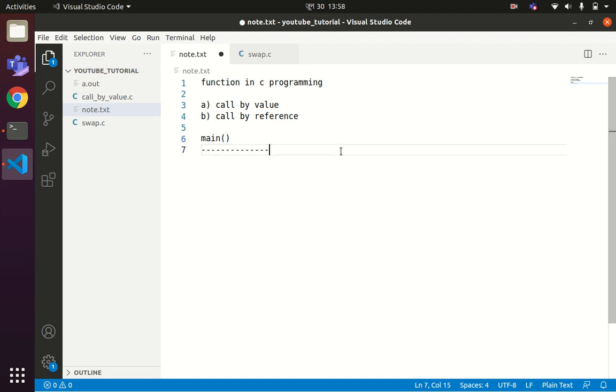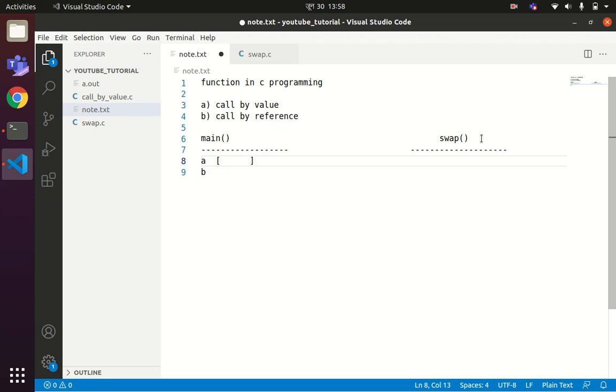Let us say this is the memory image for the function main, and another is the memory image for the function swap. In the main function, I have declared two variables a and b, right? Variable declaration means it will reserve memory, suppose if it is an integer variable, our compiler will reserve 2 bytes of memory space. Let us say this bracket represents the memory allocated.